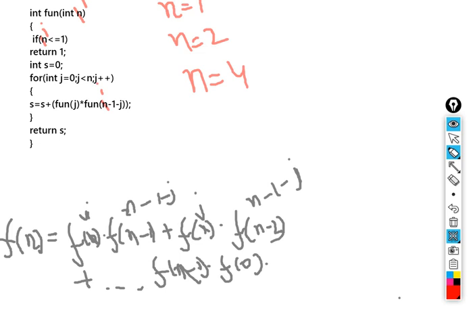Because inside this function we'll be giving several values, and for n equal to 4, this entire code will iterate from 0 to less than 4, which means 0 to 3, and this j part would be calling this function again and again, 4 times.